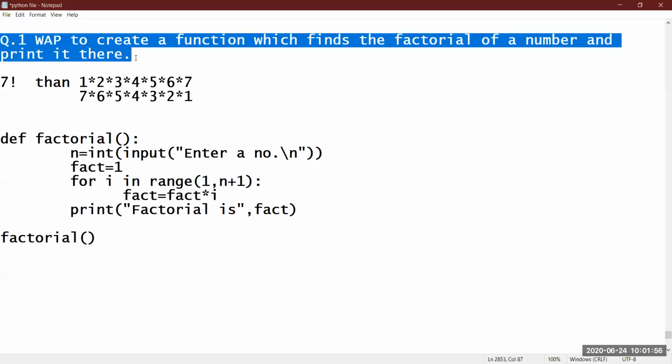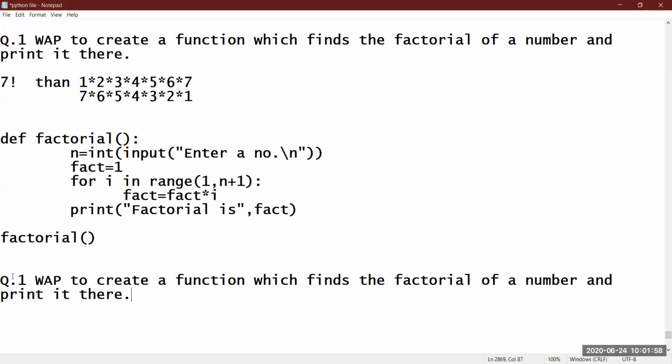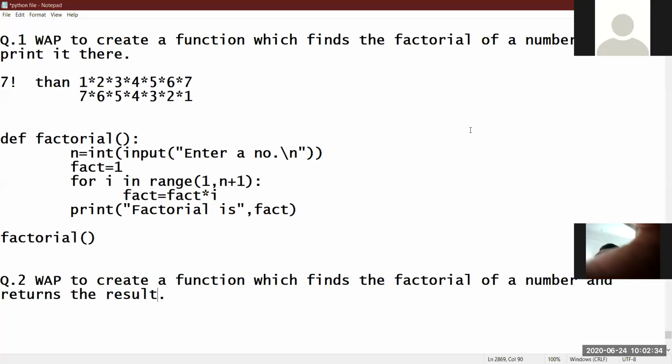Okay. I am just writing the next question, the same thing. Question number 2. You will see it's super easy. Create a function which finds the factorial of a number and returns the result. Do remember, in an examination or any kind of competition, if you are solving any kind of programming quiz, they will generally never mention whether returning, non-returning, argumented, non-argumented. It's up to you only. You will understand the non-argumented once I do it.